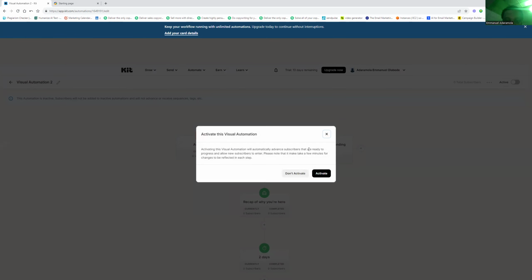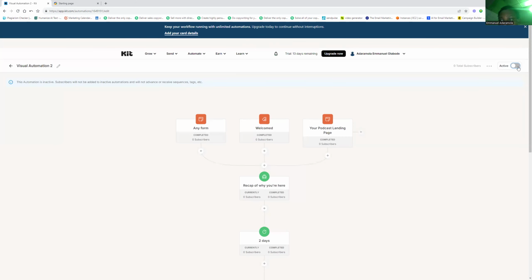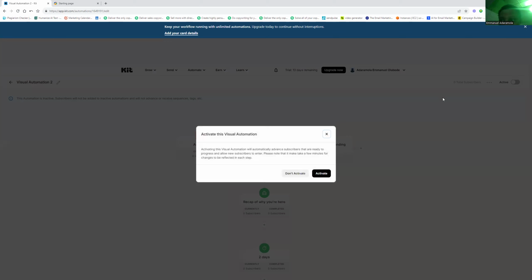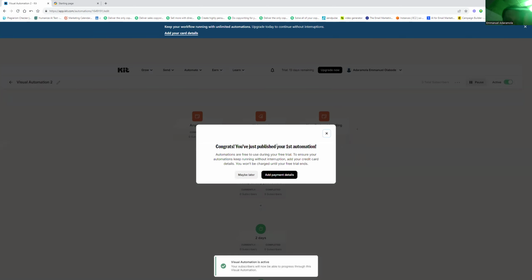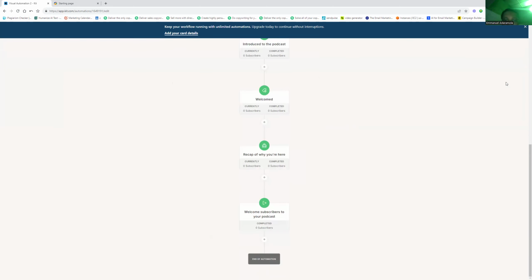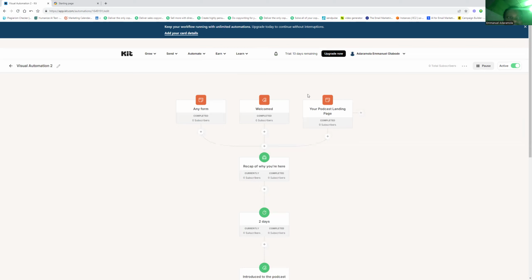You can use this to automatically advance subscribers that are ready to progress and allow new subscribers to enter. Please know that it may take a few minutes for changes to be applied. So it will automatically start. So you have to make it active. So when it is active, it starts. I don't have any subscriber here, I guess, because it says zero total subscribers. So when you activate it, can you see you've published your first automation? Can you see there are a lot of things. Now let me go to the